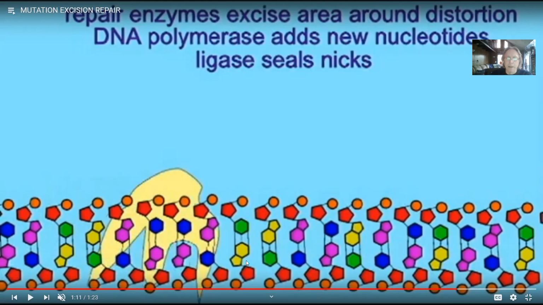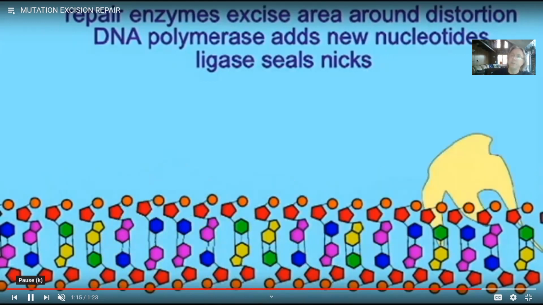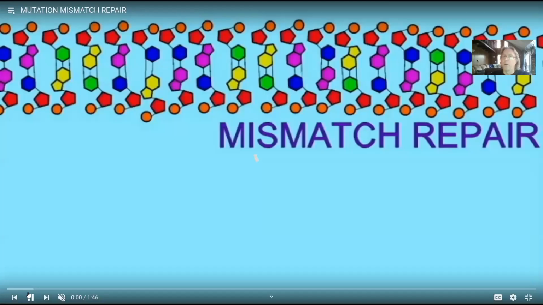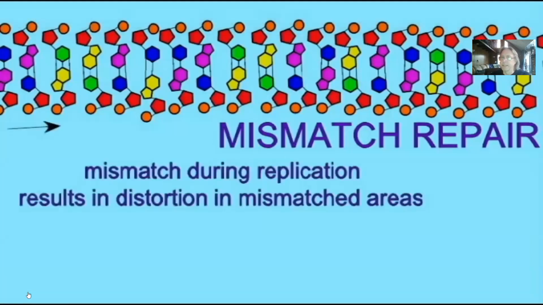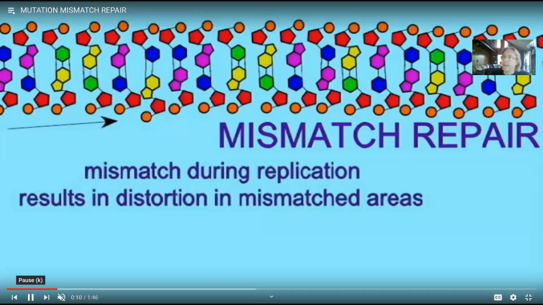Now, some may associate BRCA1 with breast cancer. Some refer to it as the breast cancer gene. Obviously, we don't have genes which cause breast cancer, but we do have genes which try to stop breast cancer. So BRCA1 has multiple roles, one of which is functioning in excision repair. And if BRCA1 is mutated, then it might not be able to perform that, and that might make an individual susceptible then to cancer. There is another form of DNA repair known as mismatch repair, and about 99% of our mutation repair is